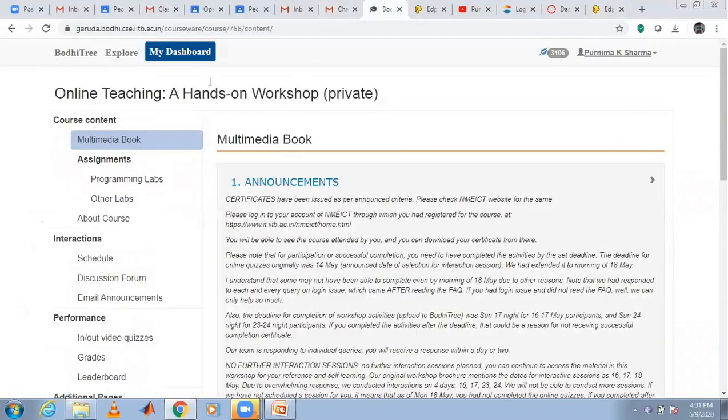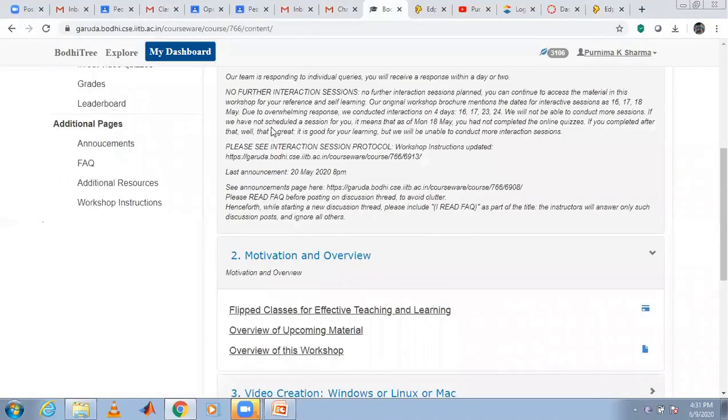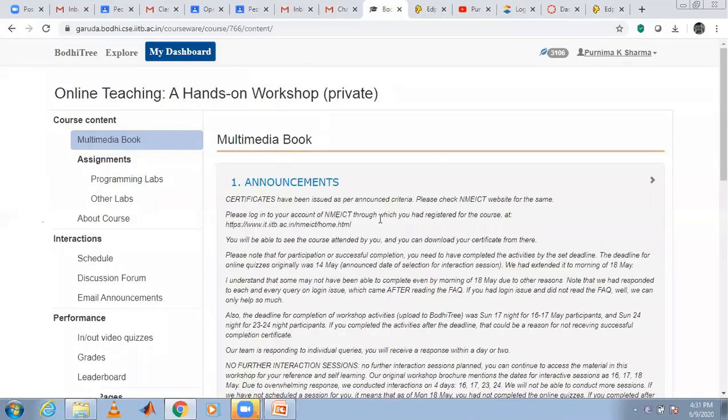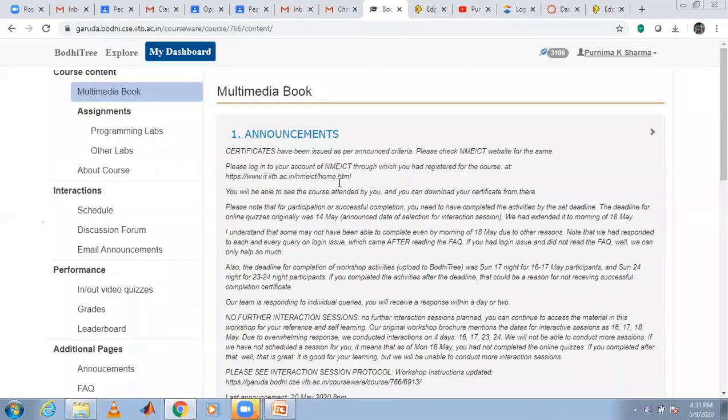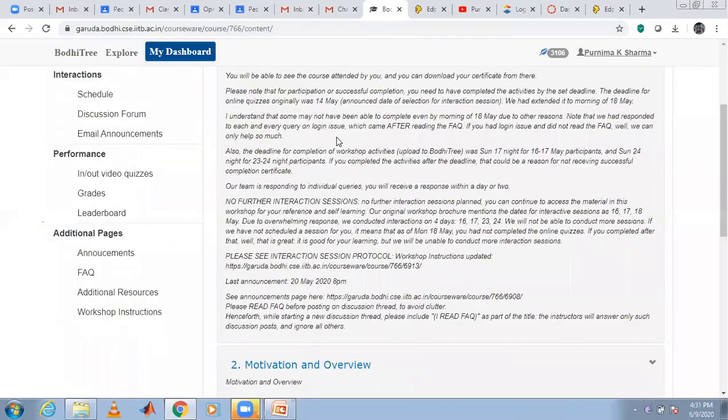This is LMS Bodhi Tree. This is also a learning management system. It is maintained by IIT Bombay. You can use this LMS platform, but only some features you can access in LMS Bodhi Tree. If you want full access to LMS Bodhi Tree, you have to take permission from your college management.